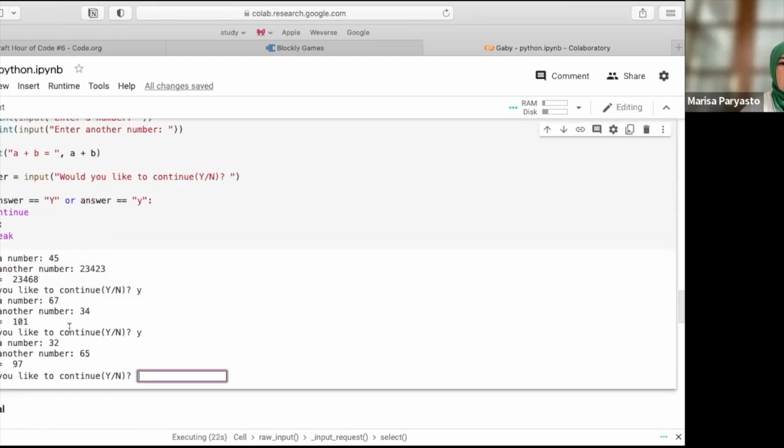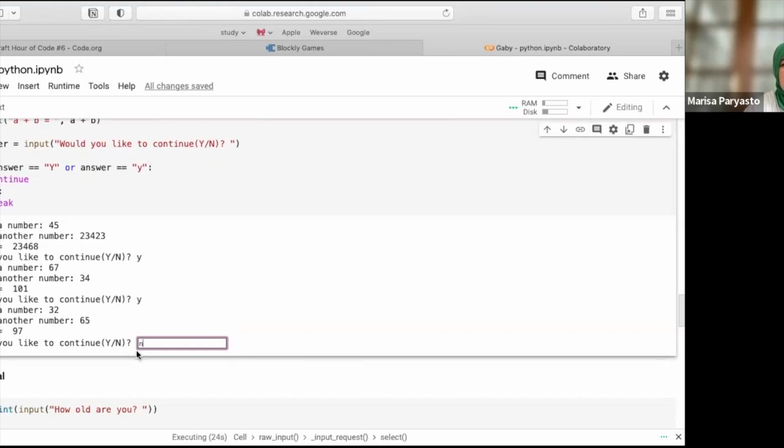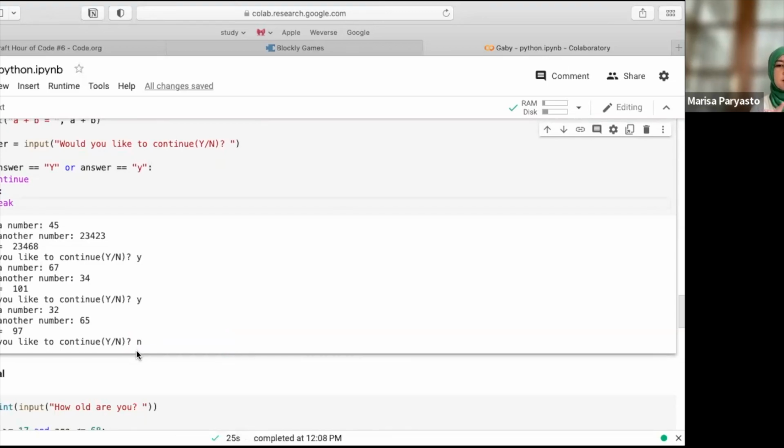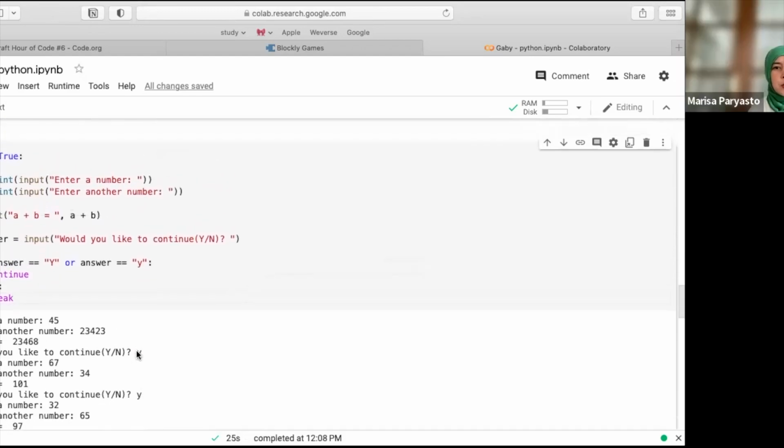There you go. Until you get bored and no, and then it will stop. Okay. So you get it now, that when to do looping, when to do sequence, when to do conditional, right? Yeah. Okay. The next task will be, can you ask the user for the operation they would like to proceed, like